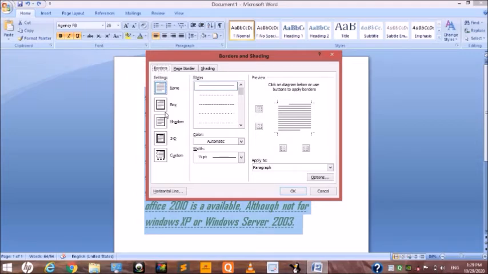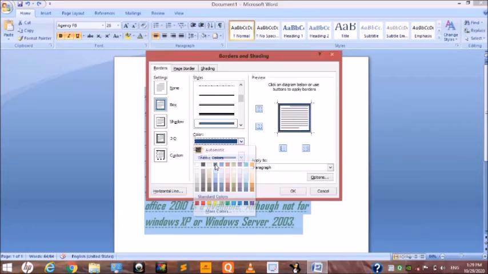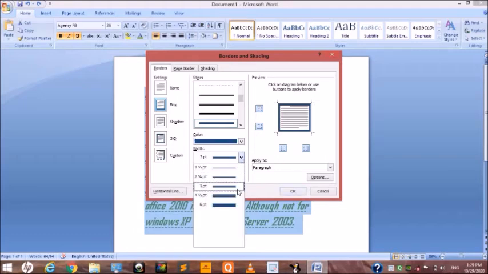Look here, there are multiple settings: none, box, shadow, 3D effects, custom. I choose the box format. You can also choose the style, the color, and the width.